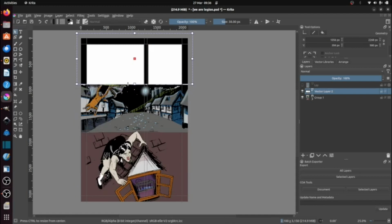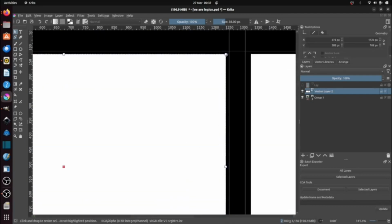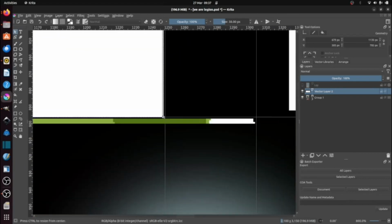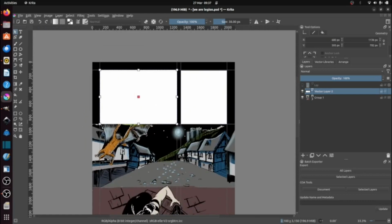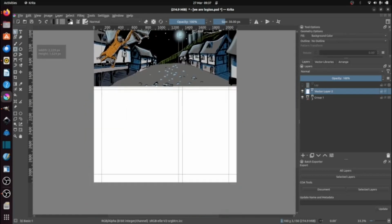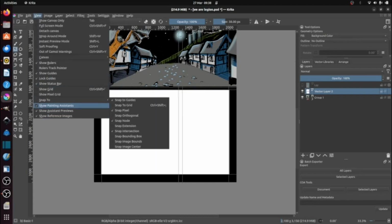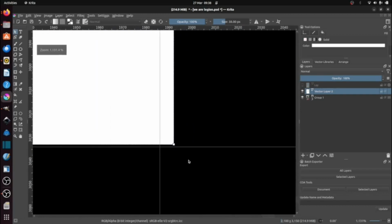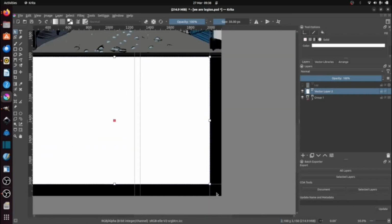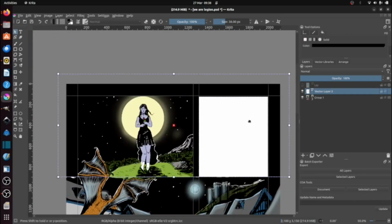This middle panel I want to stretch across the whole page, so we're splitting this page into two sections with gutters and one doesn't. We're still going to have a border around the panel, but they're just going to butt up against each other. So here I'm just aligning the panels to the guides, and here I'm doing a Boolean extraction for each one, just making sure that they're